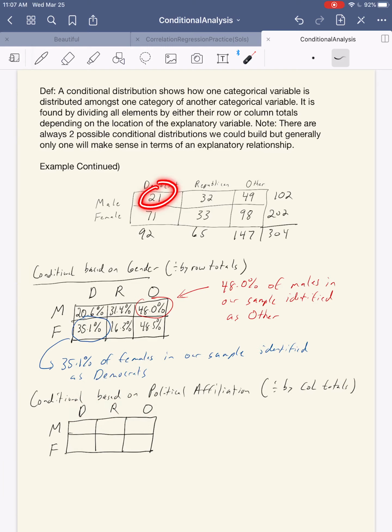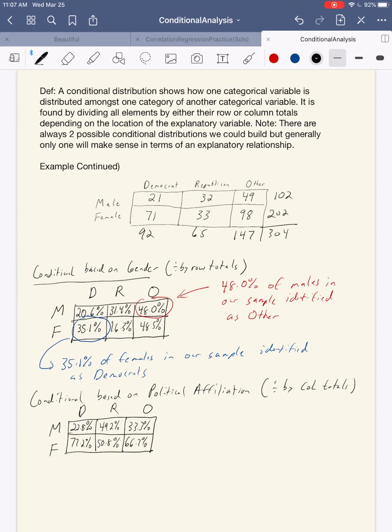So to begin with, we'll take 21 and 71 and divide by 92. So 21 divided by 92 should give us 22.8%. And 71 divided by 92 should give us 77.2%. Then 32 divided by 65, so 49.2%. And 33 divided by 65, which would be 50.8%. 49 divided by 147, so 33.3%. And then 98 divided by 147, which would be